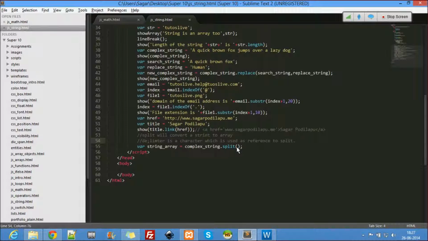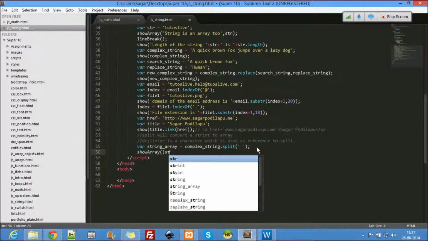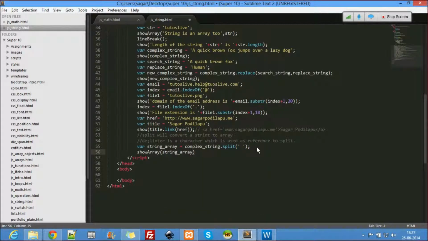First, I'm using the delimiter as space. Since it's an array, I have to use array. So split will convert a string into an array based upon a delimiter.